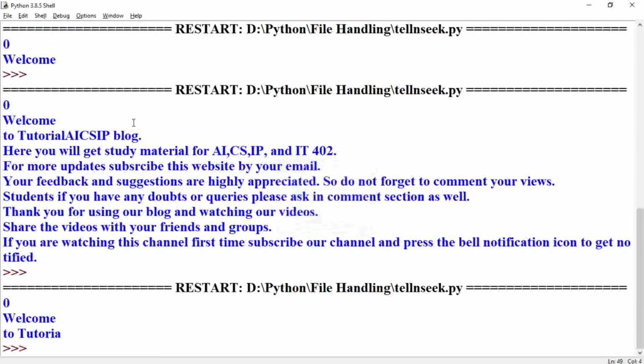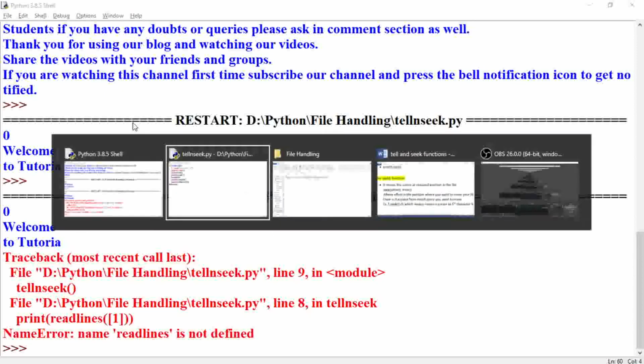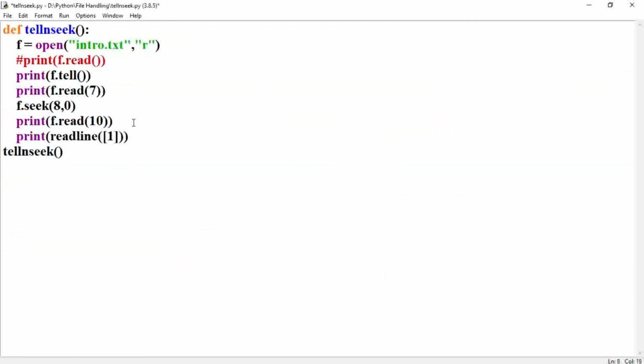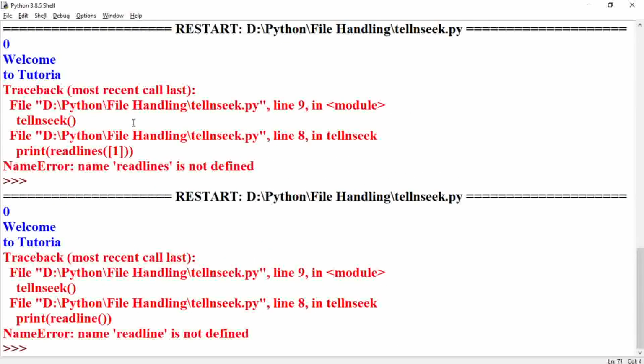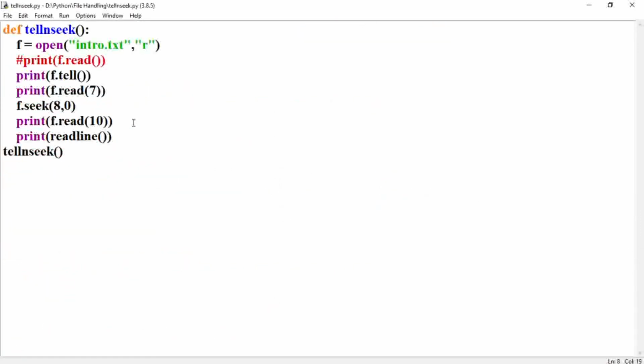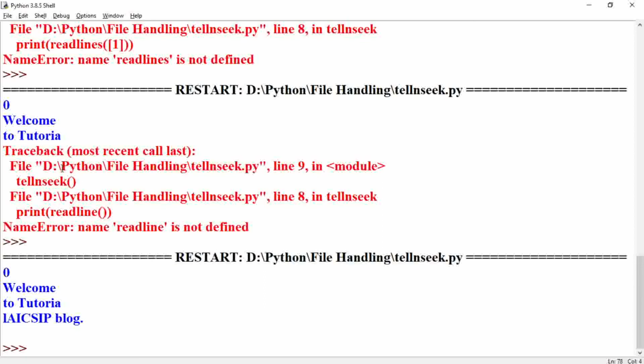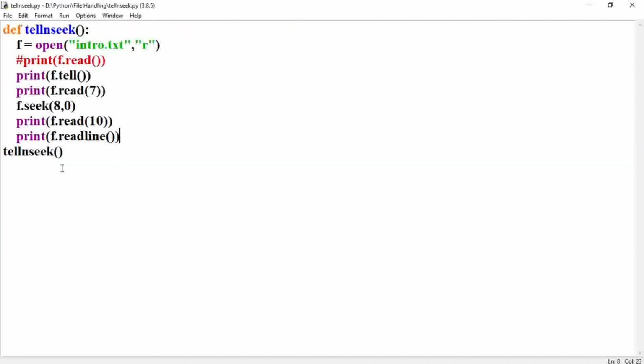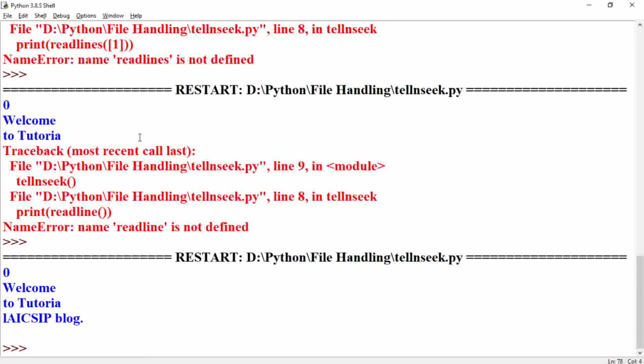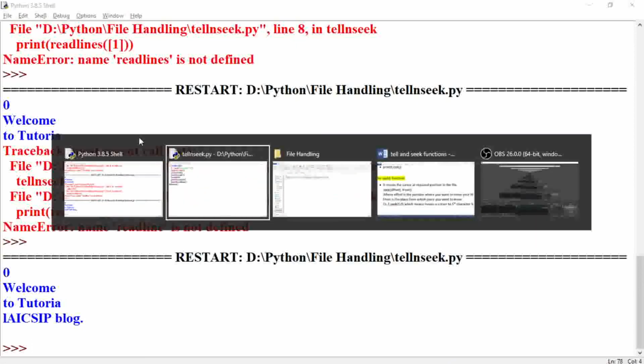This I have explained in a previous video. Okay, readline, I think readline only, because wherever the cursor is, it will read the same line. Okay, what have I written? Okay, f is missing there, that's why. Sorry for that. f.readline. Okay, so here you can see it is showing something from where your cursor is. The cursor is on "tutorial", that is, on the "I". The cursor is on "I", then after that it is reading the complete line. So this way also you can use these functions.